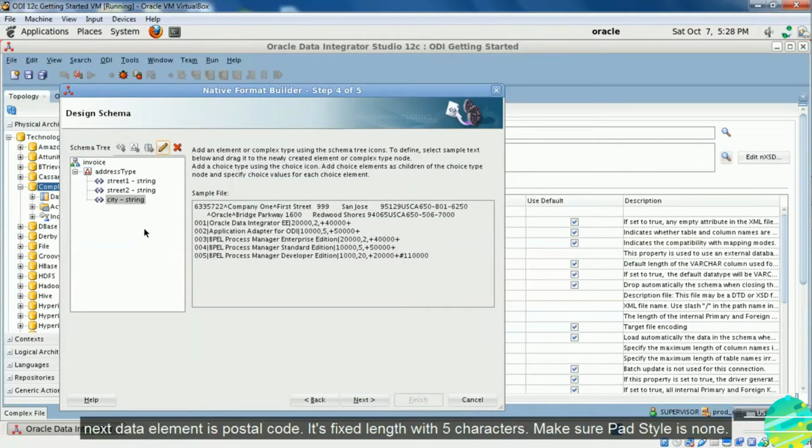Next data element is postal code. It's a fixed length field with 5 characters. Make sure pad style is none.